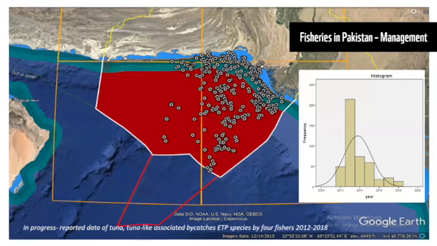So the question comes, why do we need to work for the conservation of megafauna species or ETP species? That is what I'm going to talk about and emphasize by taking case studies. Basically, this is a graph where some of the fishermen reported to us entanglement of ETP species, which include marine turtles, mobulids, whale sharks, and dolphins.